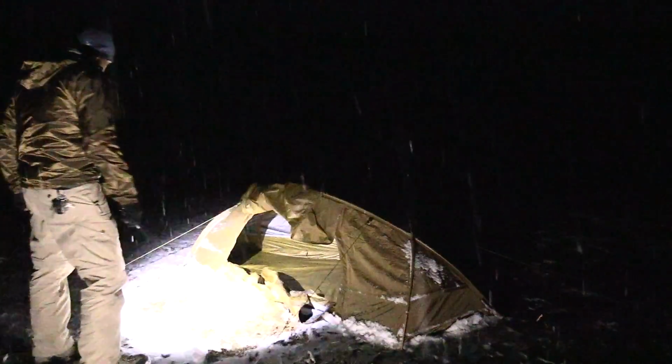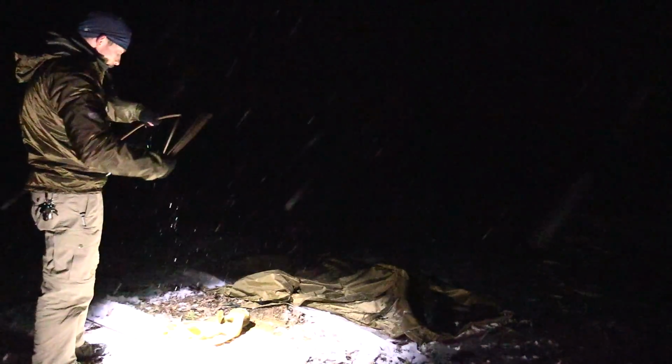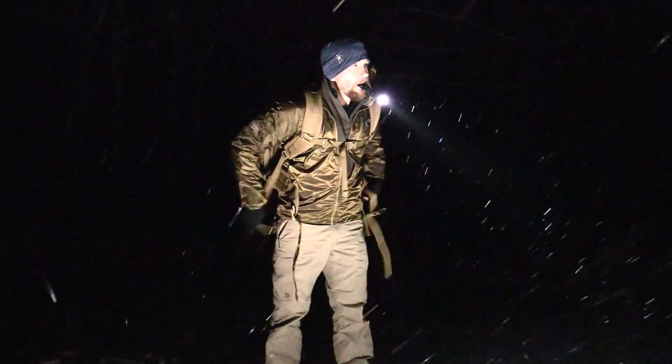Folding all this stuff up inside of this tent is rather difficult, to be honest with you. This is not a large tent at all. It was not designed for comfort. With that being said, though, I like it a lot. Ah, man, what a beautiful snow. Alright, that took about 20 minutes. Oh gosh. You know, my friends, it is a pretty good skill to have, being able to pack up in